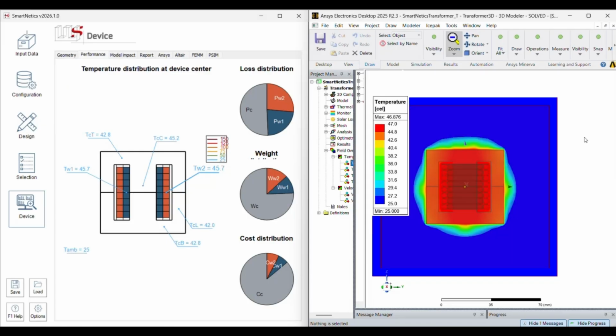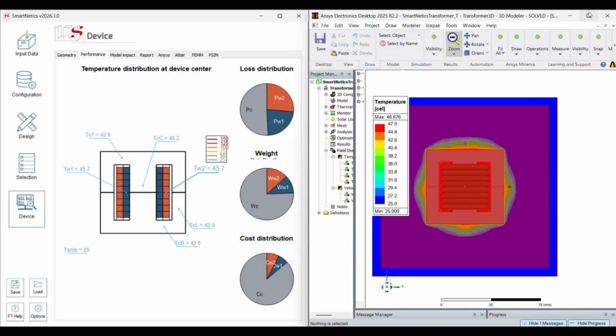And the good thing about this is you can get very accurate results for a single simulation, once you have decided the device you want, which will take some minutes or even hours, depending on the accuracy you need. And the good thing about our tool is that you can run this simulation for hundreds or thousands of devices. So you have a mix of a very high number of simulations with just a few points for the temperature calculation, and then a single very accurate simulation for the device you have selected.